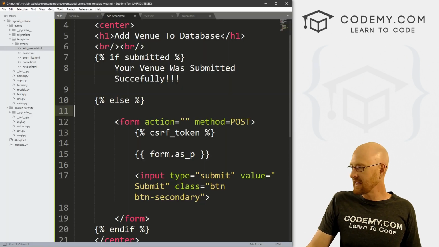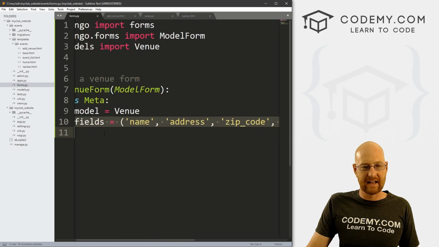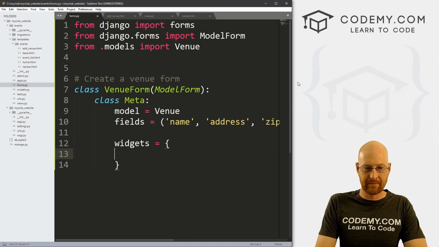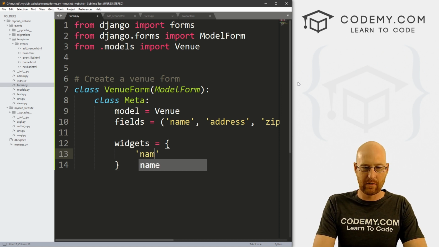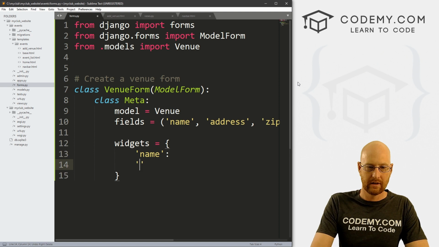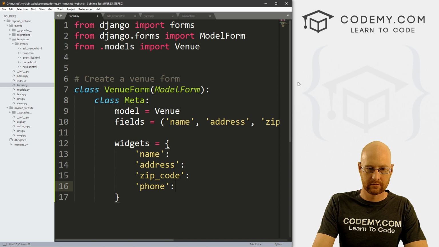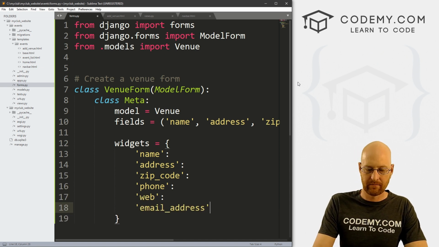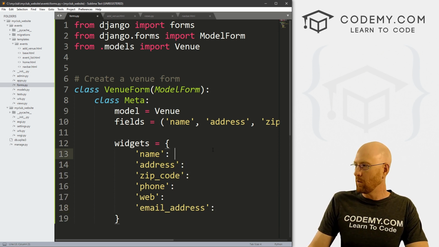So how do we do that? Well, let's head back over here to our Forms.py and you can see we designated all of these things. So what we can do is come down here and create a widgets dictionary. So let's do that. And now inside of here, we can add some style and stuff. So what we need to do is designate each field that we want to play with. So name, address, zip code, phone, web, and finally email address. Now this is a dictionary, key value pairs. These are the keys. For the values, we need to go